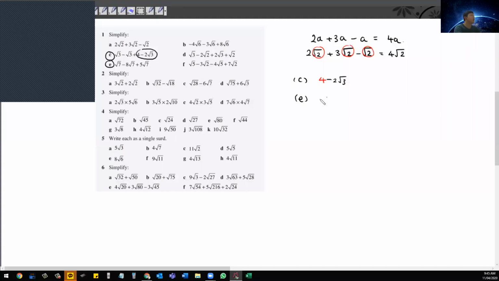So it is root 7 minus 8 root 7 plus 5 root 7. So that's 1 minus 8 is negative 7, plus 5 is negative 2, so it's negative 2 root 7. Well done. Very good. Now, we're going to talk about